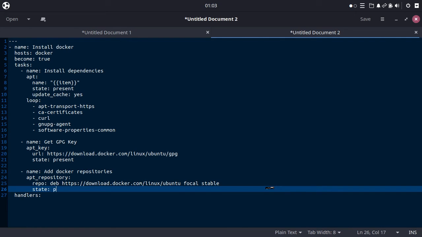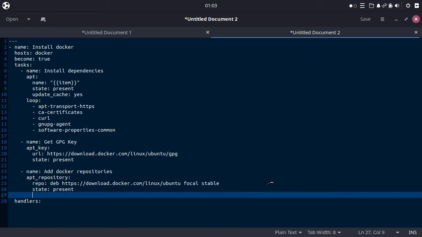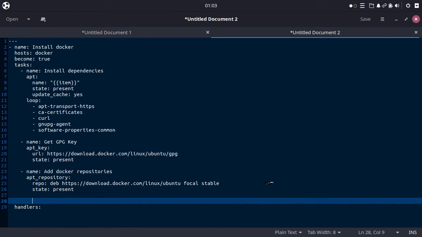As usual, it's present. Then after all these steps, we can install Docker.